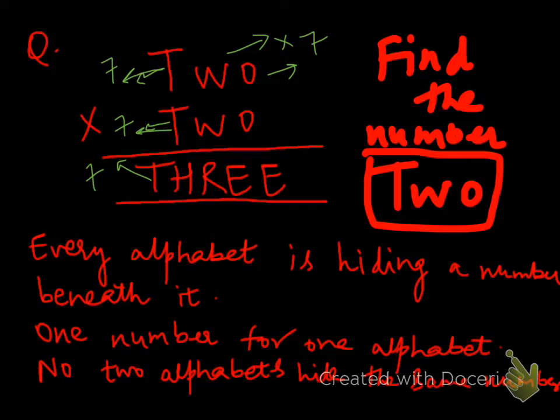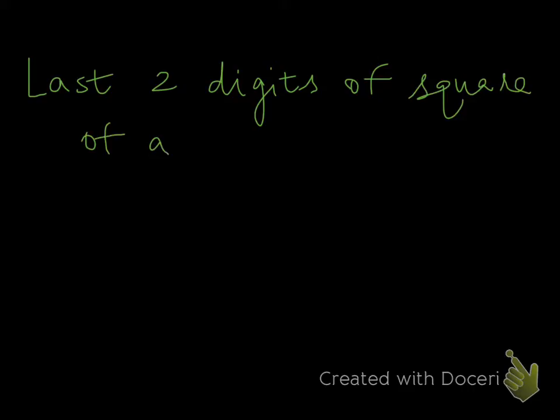Okay, let's proceed with the answer. Before we proceed, I want to tell you a simple concept. We'll go on to prove it as well. And the concept goes like this: for any square, the last two digits of the square of any number